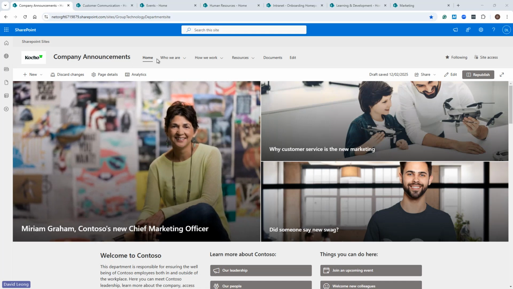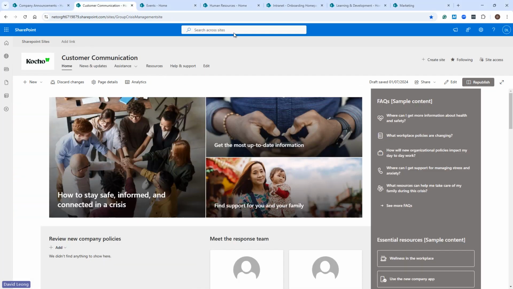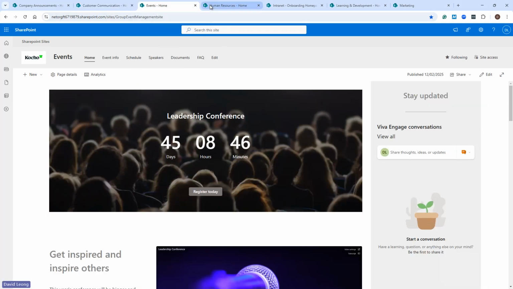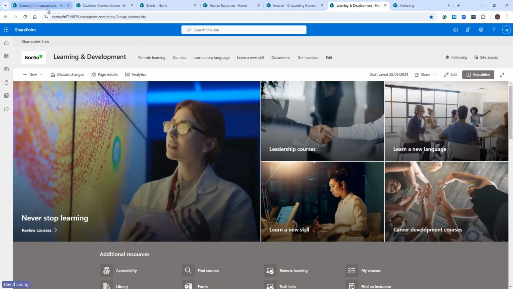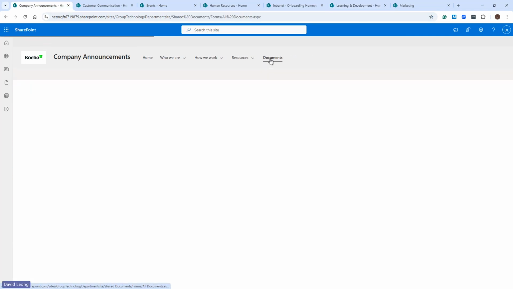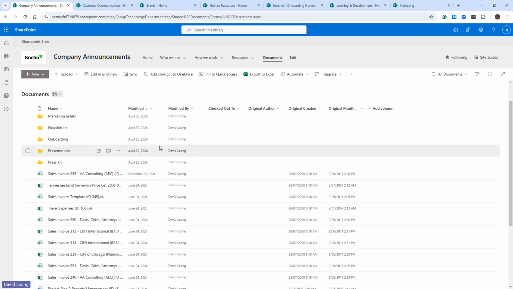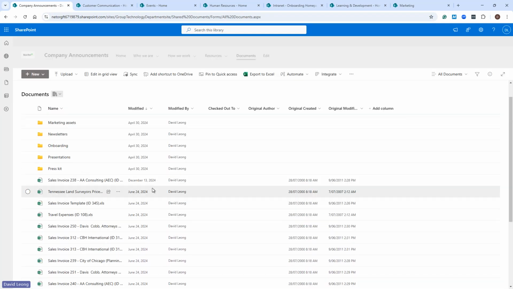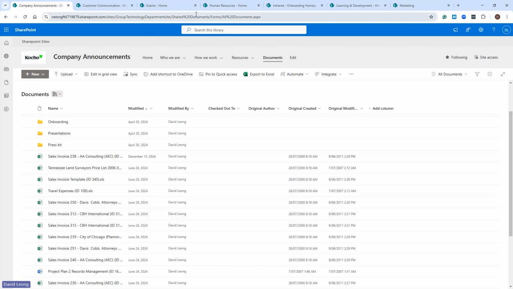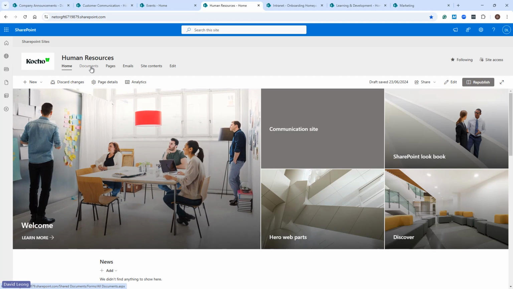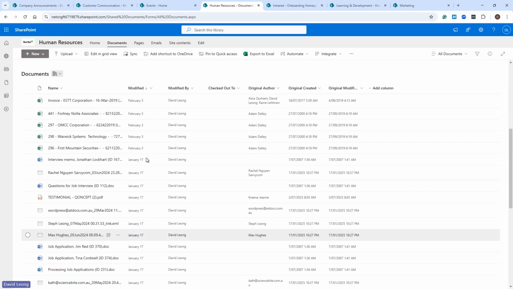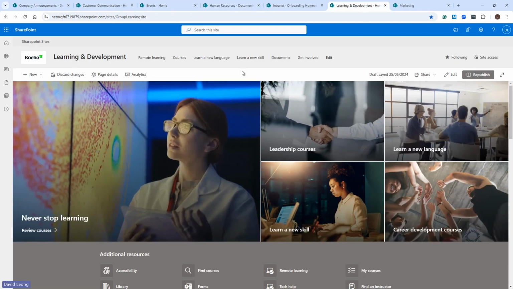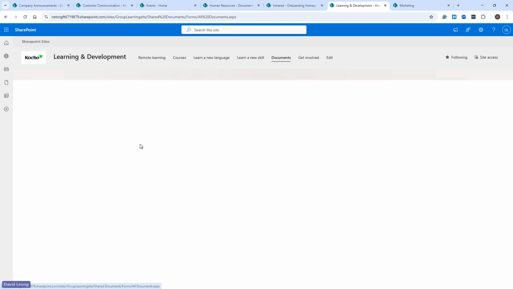access to 7 SharePoint sites: company announcements, customer communications, events, human resources, learning development. Your typical service line SharePoint sites and repositories. And obviously each site contains documents within it that is relevant to that subject matter. So there's all the company announcements here. I won't go through all of them, but human resources, for leave applications, salary information, sick leave forms, and of course, learning and development, where I've got all my knowledge articles,